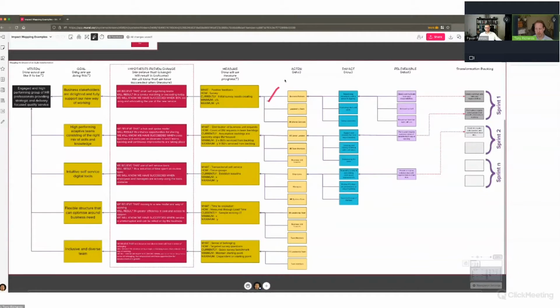We've got our actors, which are already here. We've got our impacts we talked about before, and we've got our deliverables. But the other area that's highlighted here with the dotted lines around, little ants, is something called hypothesis-driven change. Now, this isn't part of impact mapping. This is a technique that I first learned from a chap called Mike Burrows. It comes from the world of hypothesis-driven design, but it was his kind of spin on that to do with